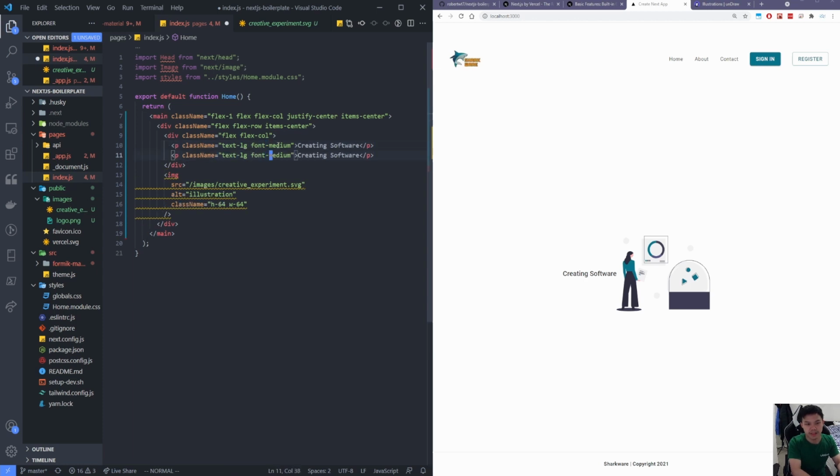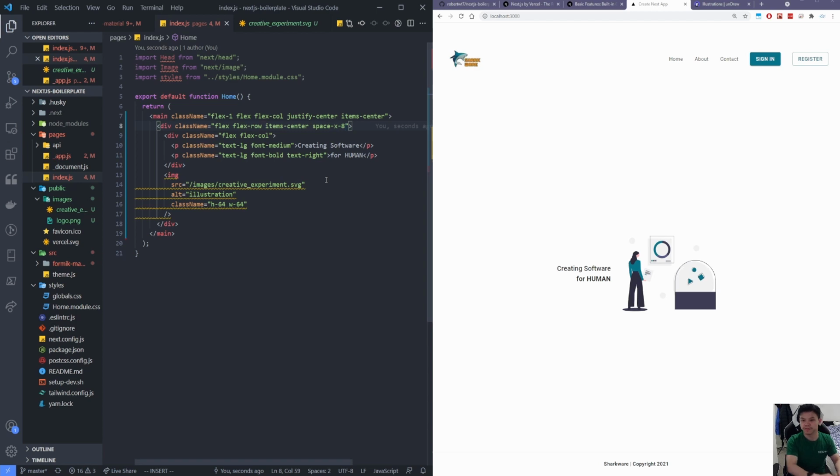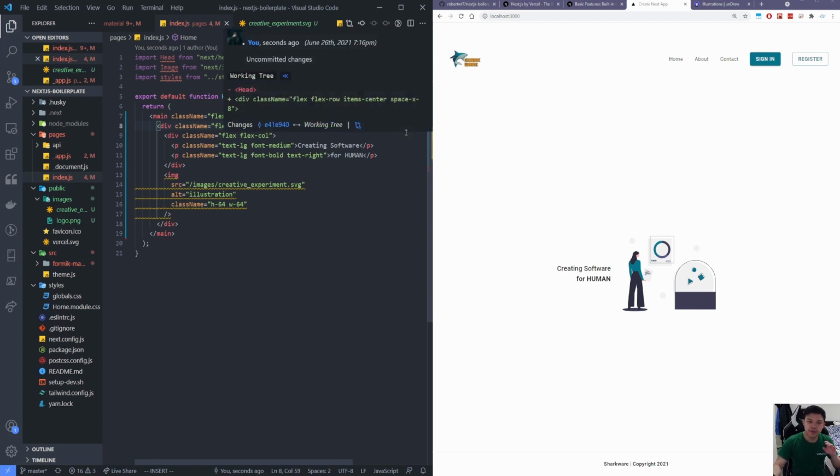And I'm gonna make something like "for human." I'm gonna align it to the right hand side. And now I'm gonna make a margin, or I'm just gonna make a space x8. There you go. So I'm pretty happy with the home page right now, but we just need to make this